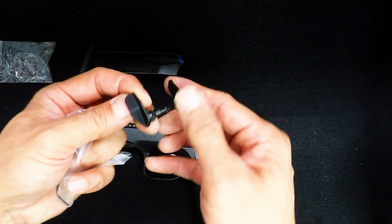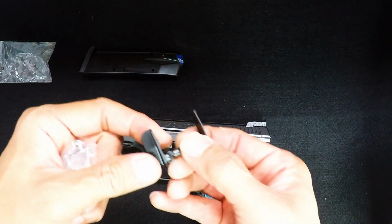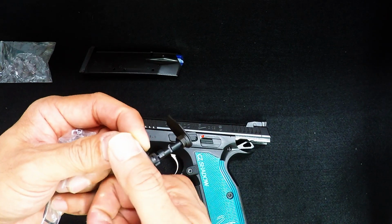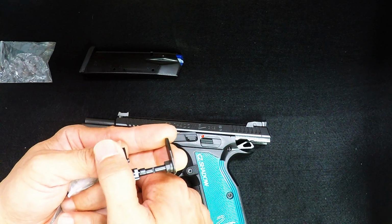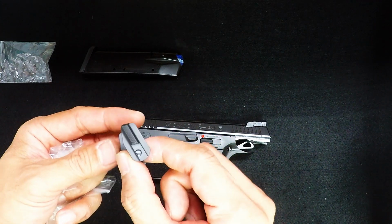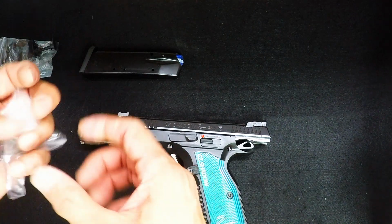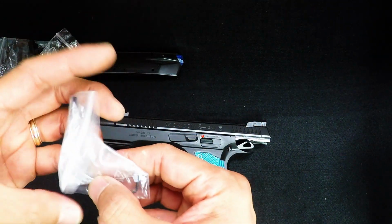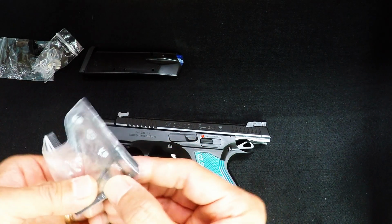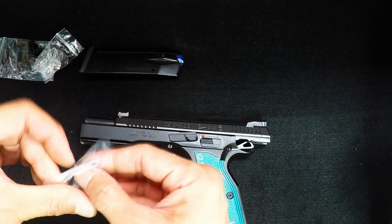This was fitted with the flat ambidextrous safety. This one has a shelf, and when I'm shooting my 1911s, I like putting my finger there, and so I'll probably switch this out. I saw a YouTube video on how to do it. It seems fairly simple enough. It comes with spare shock buffers, and it comes with several wrenches,